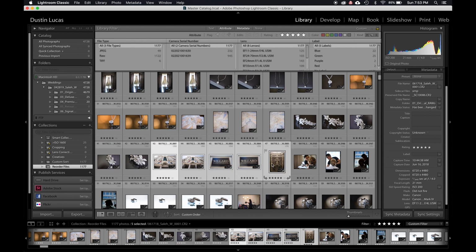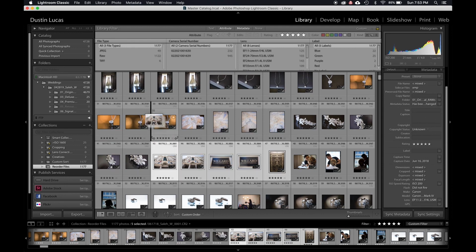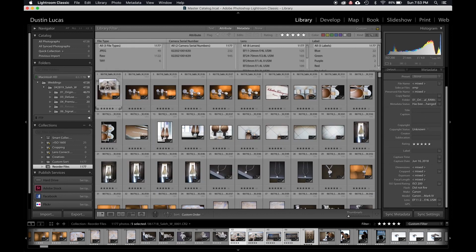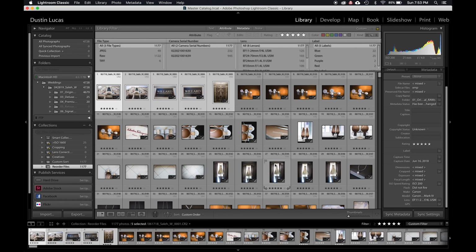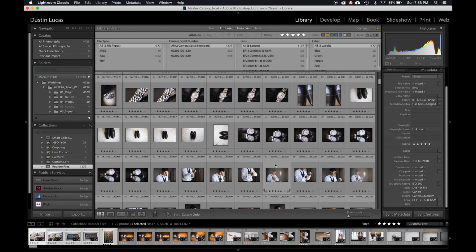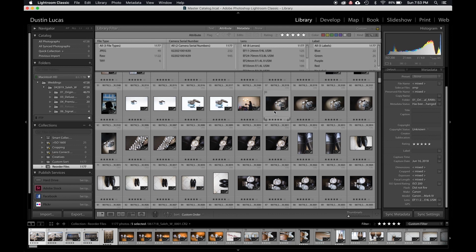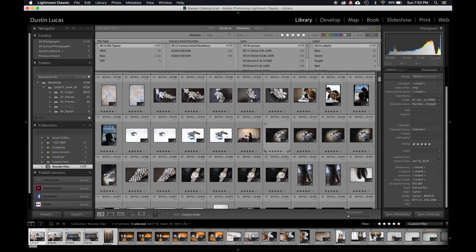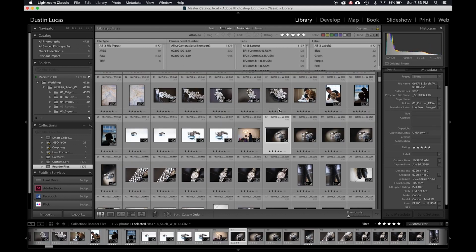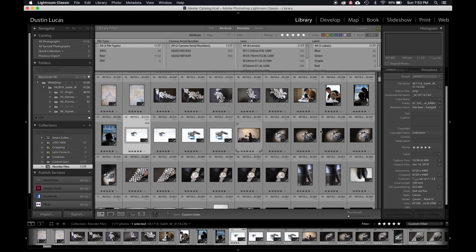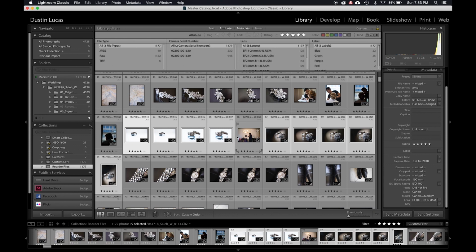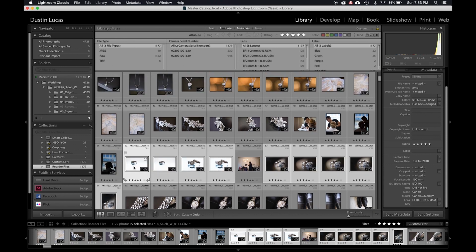Not sure why it's doing that. There we go. So we can now put these at the beginning. We have the bride details all thrown together. Now we can maybe do the groom details if you want, or the ring shots. That might be a good follow-up there. So if you just want to grab some of these ring shots, we can do that. And that maybe would follow the bride details